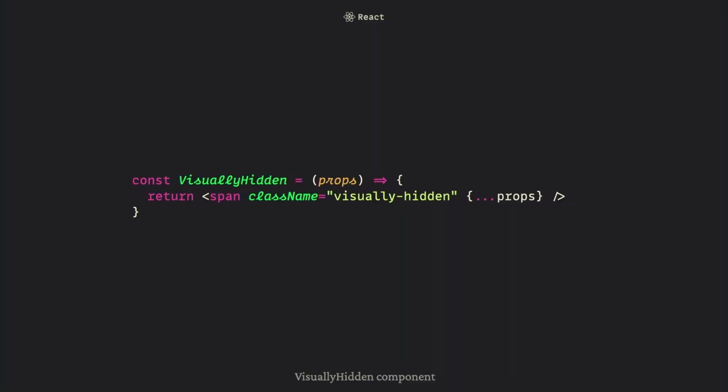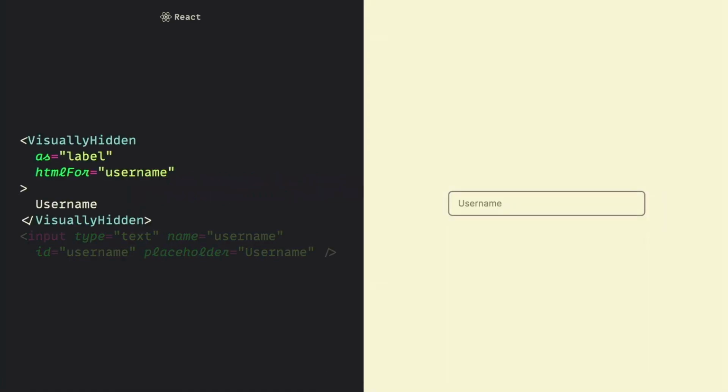We can take our visually hidden component from before, and make it more flexible by providing the ability to set the semantic HTML element that is rendered, known as polymorphism. Now, we can render a visually hidden label with this visually hidden component, which will provide it within the accessibility tree, and therefore can announce to the user.